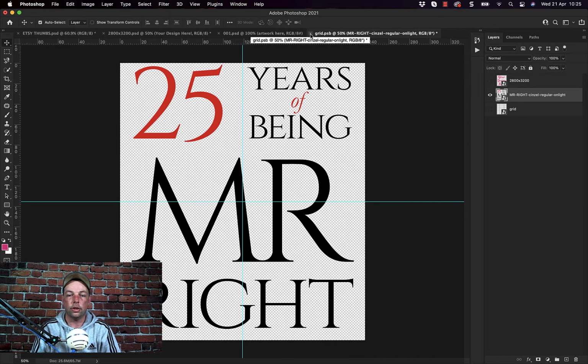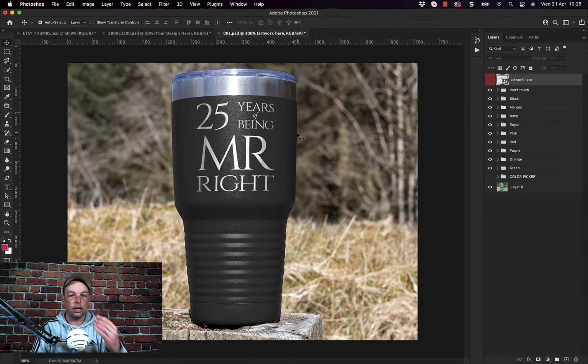Then next thing I'm going to do is hit close on this little tab and hit save, and it's placed the design. Okay, so that's the design part done. Next you got this layer here which says don't touch. Basically don't touch it. This is what's giving you the effect and the mask and everything there, so you can leave that one alone. But here we've got pre-built colors for you from black down to green,